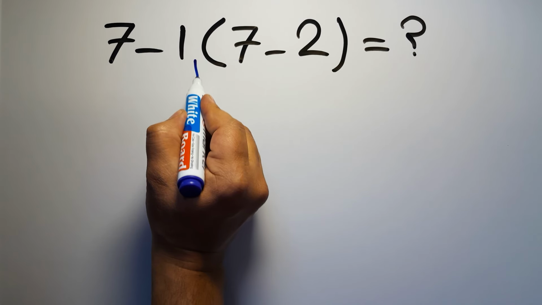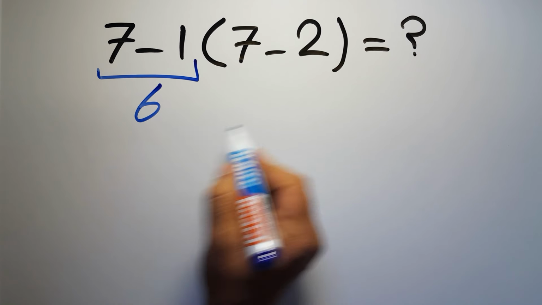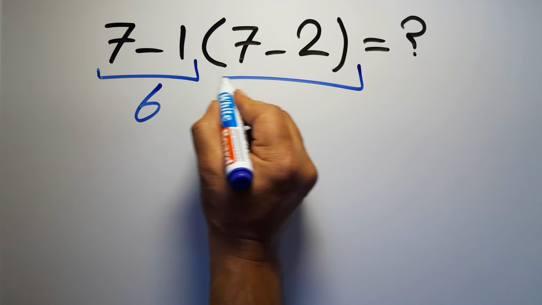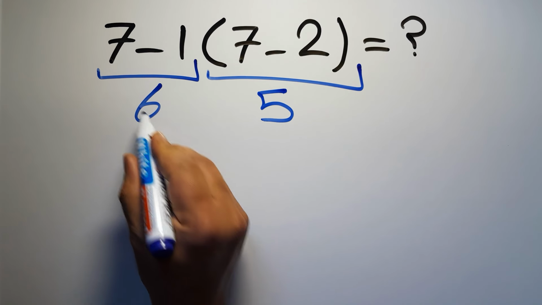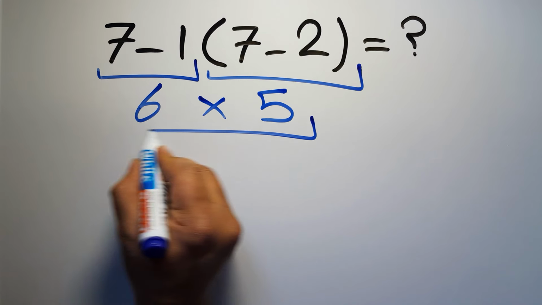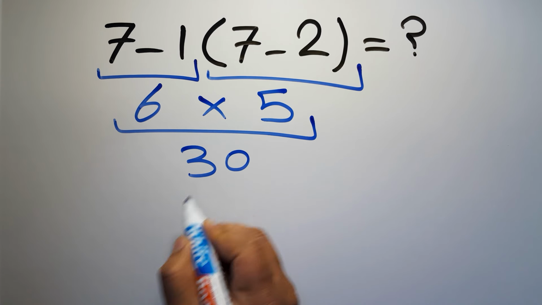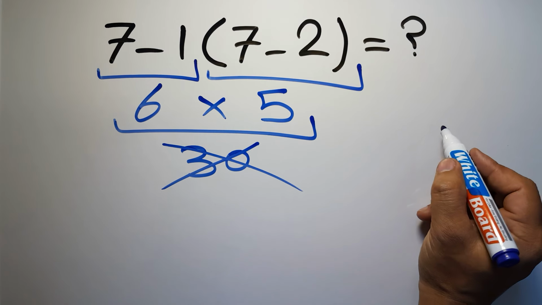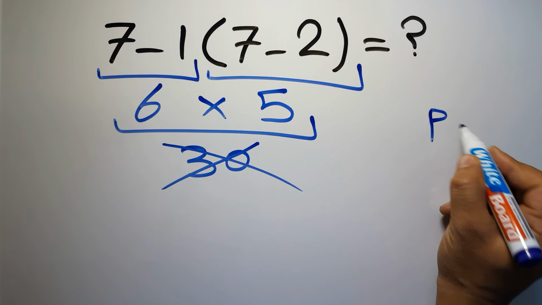7 minus 1 equals 6. And here inside this parenthesis we have 7 minus 2, which equals 5. So 6 times 5 gives us 30. But this answer is not correct, because according to the order of operations, first we have to do parentheses, then